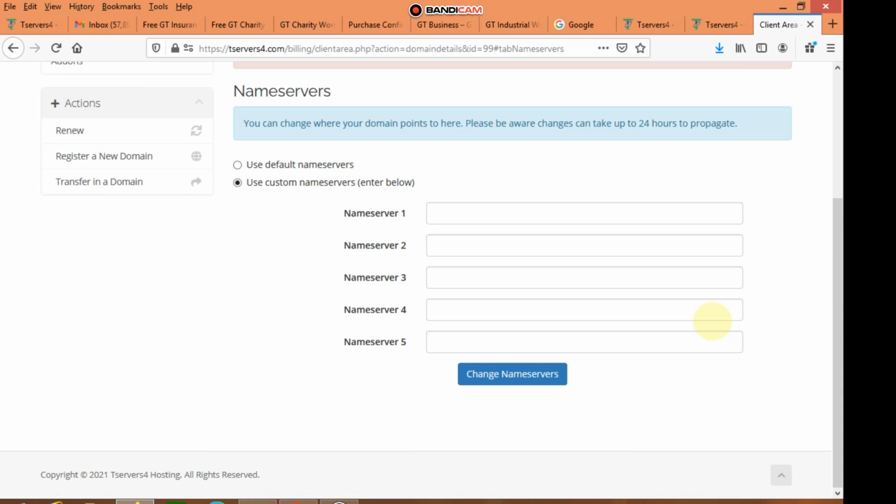And that is why it's very important for you to have a hosting. You may purchase hosting directly from the company that sold you your domain, or you may decide to purchase your hosting elsewhere. So in case you are trying to point your domain, you can point to the name servers of your hosting account, like where we are on our own platform, tsabafor.com. Our name servers are ns1.tsabafor.com, and the second one is ns2.tsabafor.com. So these are the two name servers we are using, and you can click on change name servers.